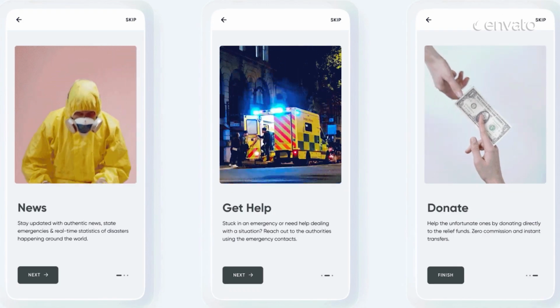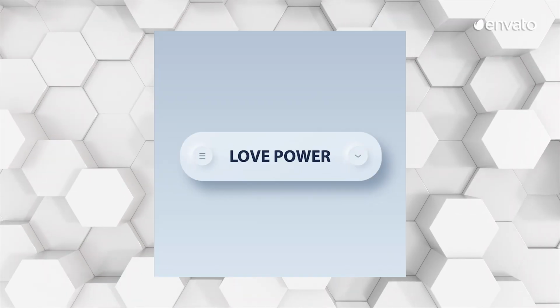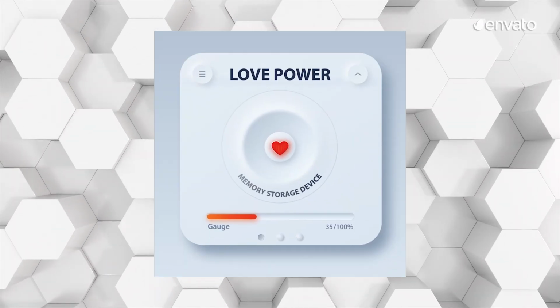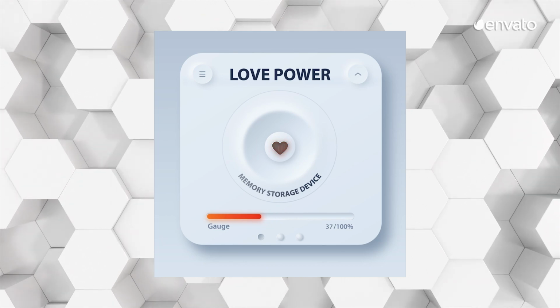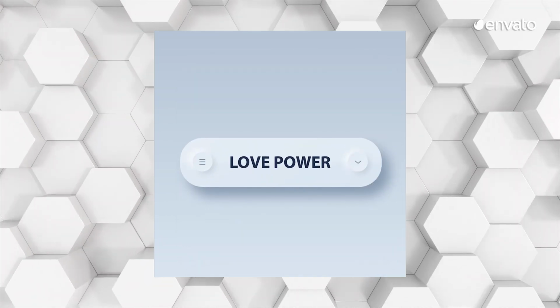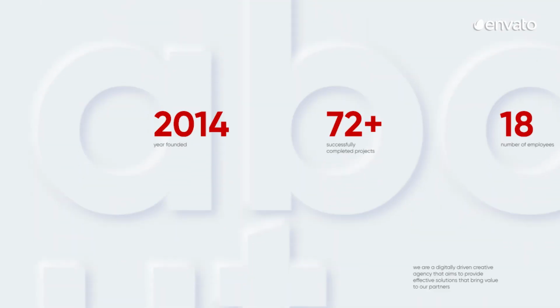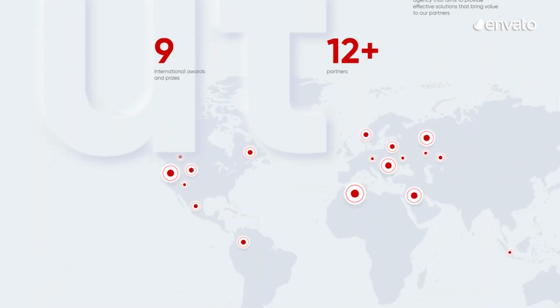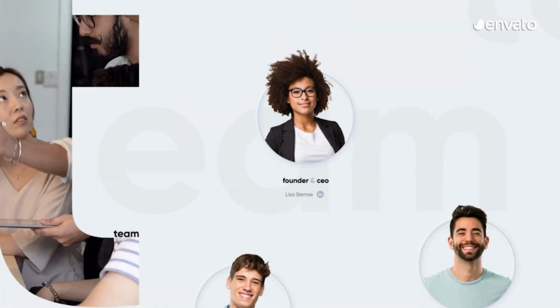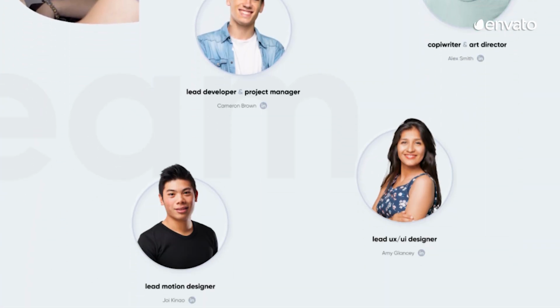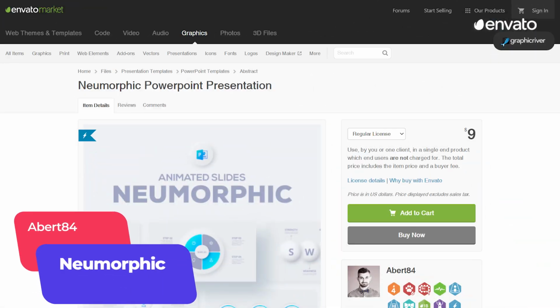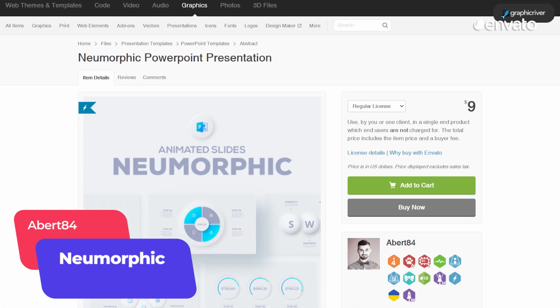That's why it's worth familiarizing yourself with Neumorphism, which has taken the user experience world by storm. But what is Neumorphism? Next time you open up an app, take a look at the way some buttons, switches, or dials are presented. Yes, they look like they belong on an old school appliance, but they've been given a futuristic twist. We expect to see this simple yet tactile trend trickle down into presentation design, like in this Neumorphic PowerPoint presentation that's available via Envato Market.